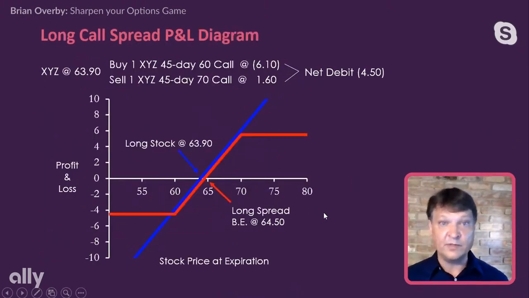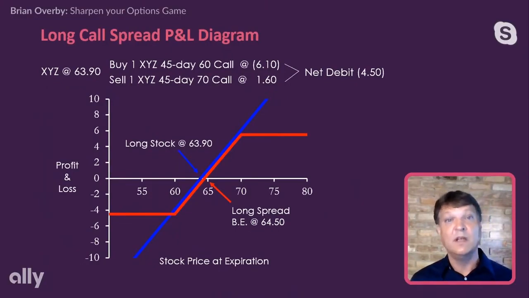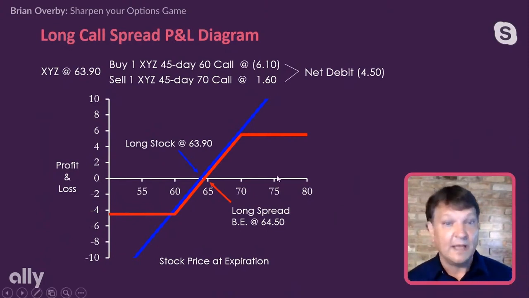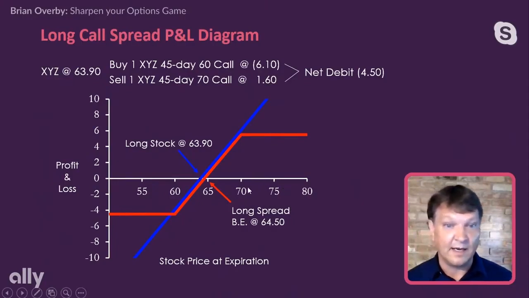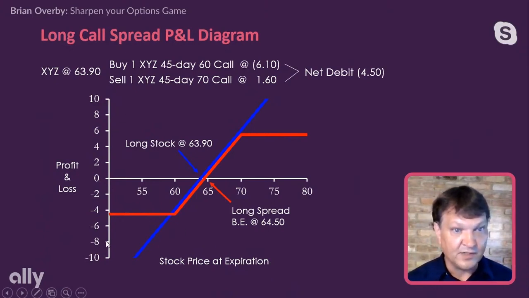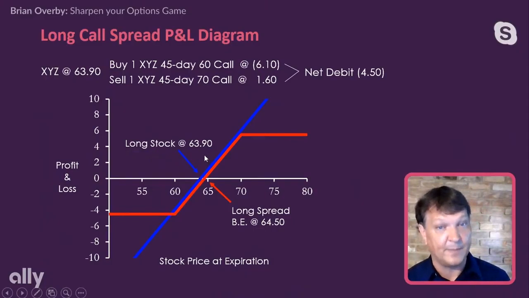Okay, now here's the graph that I'd like to talk about more so. This, I think, explains it. A picture's worth 1,000 words, right? This is a profit and loss graph, and we're fast forwarding to expiration. So if we fast forward to expiration here, we see the x-axis going across here. The x-axis is the stock price at expiration. The y-axis, the up and down axis, is the profit and loss of the entire position of both option contracts.